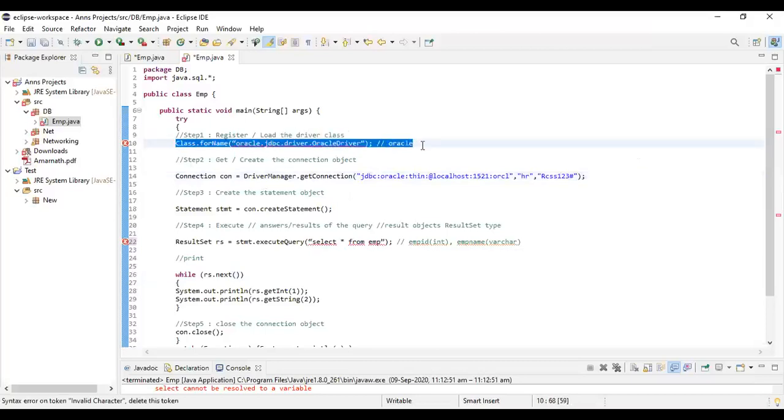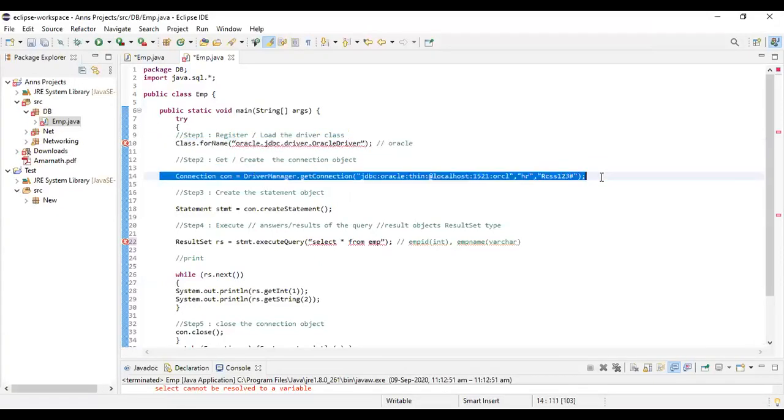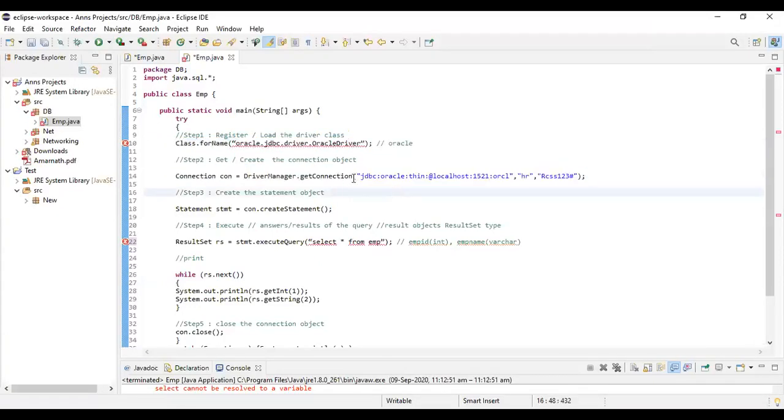My step 1, I've registered or loaded my driver. I have created a connection. Hope the parameters are very clear. The first is my database path. The second is my username. And the third is my password. You can either use HR or your default, whichever.